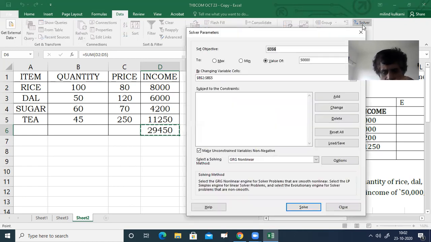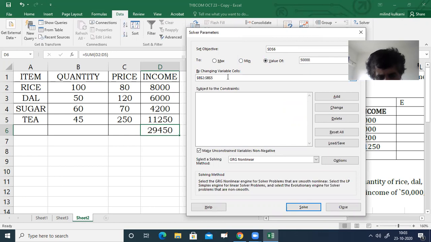We will get Solver Parameters like this. Then click on Set Objective. Here type D6, that is $D$6. And then under To, always select Value Of, don't select Maximum or Minimum, always select Value Of, and here type 50,000.